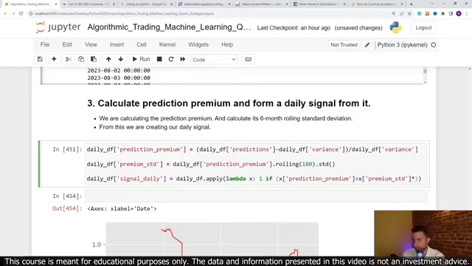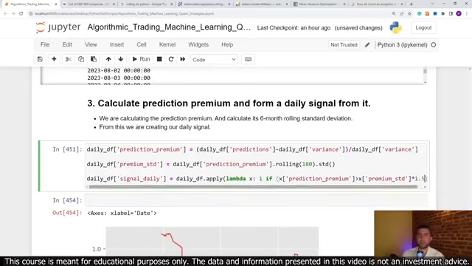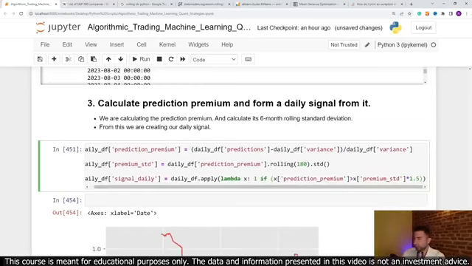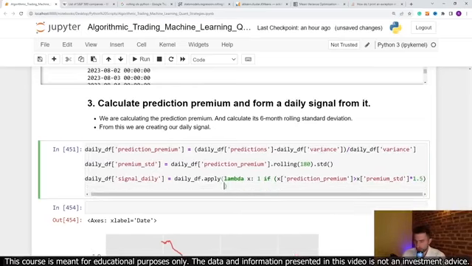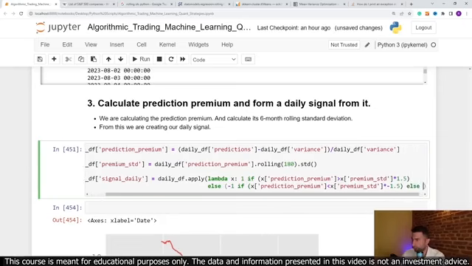So if the prediction premium is higher than 1.5 standard deviations, then we have a long signal, or 1. Else, we would have -1 if the prediction premium is smaller than -1.5 standard deviations. And here we have to say the following: else np.nan, none,